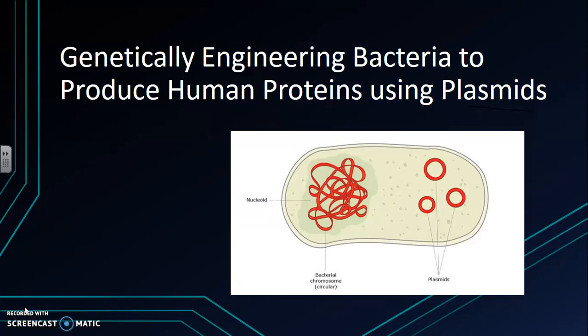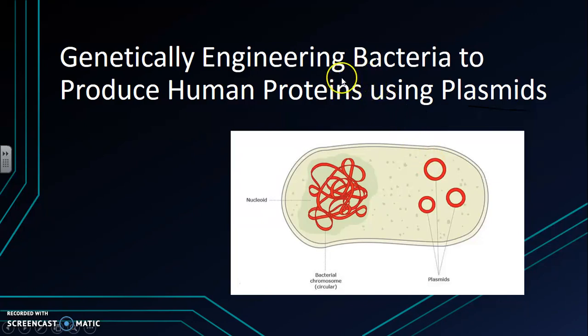Welcome to the video on how to genetically engineer bacteria to produce human proteins using plasmids. If we take a look, this is a picture of a bacterium, and a bacterium has a circular chromosome here, and they also carry with them supplemental circles of DNA called plasmids. What we're going to do to get bacteria to produce the human proteins that we want it to produce is